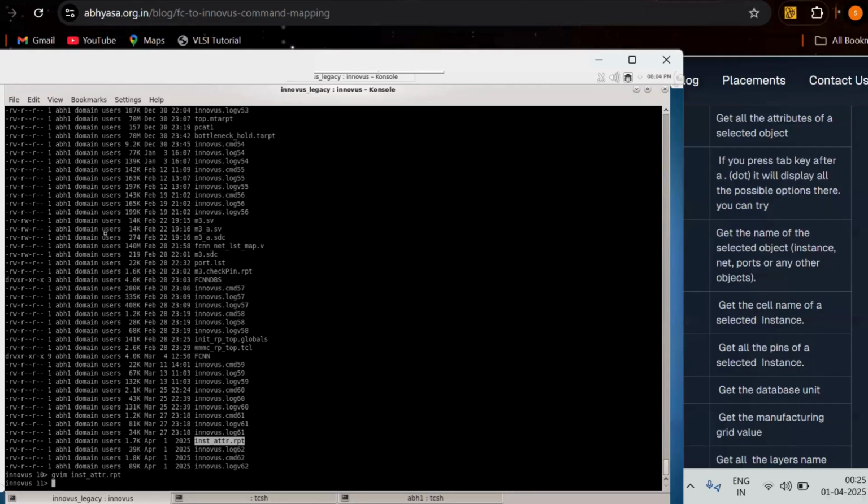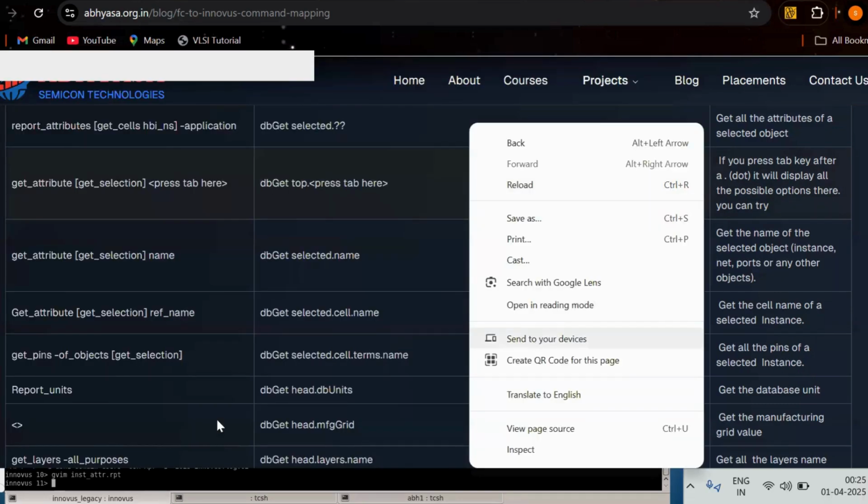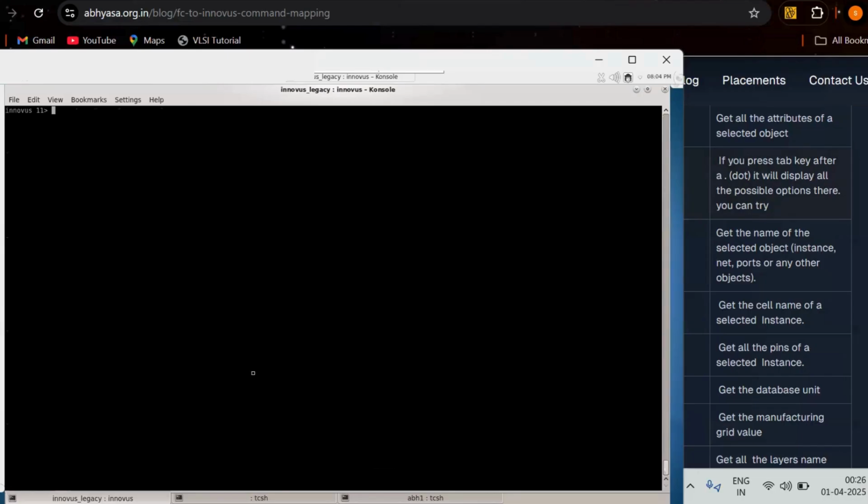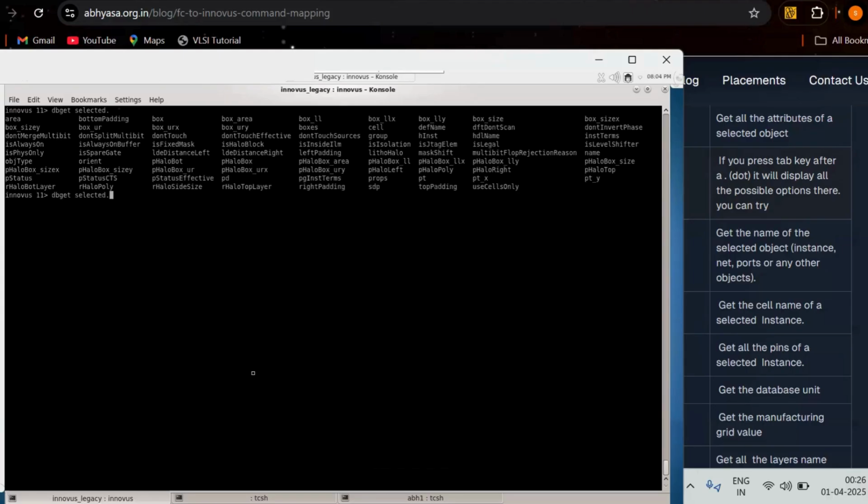So next, if you look on the right, it is a bit highlighted when I'm hovering on it. So now you can see the clear distinction of what I'm actually telling you about. If you press the tab key after the dot, it will display all the possible options you can try. So basically, I'll do Control L, which clears my screen. Since the object is already selected and I have done nothing on it, if I give dbget selected dot and press tab,